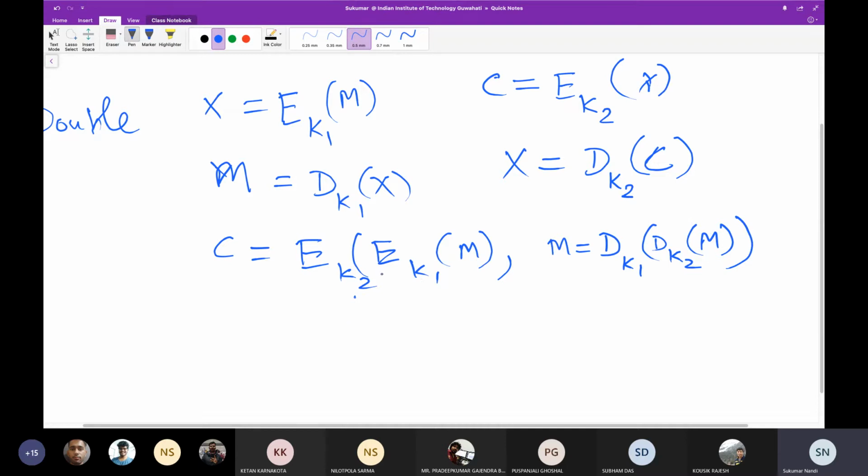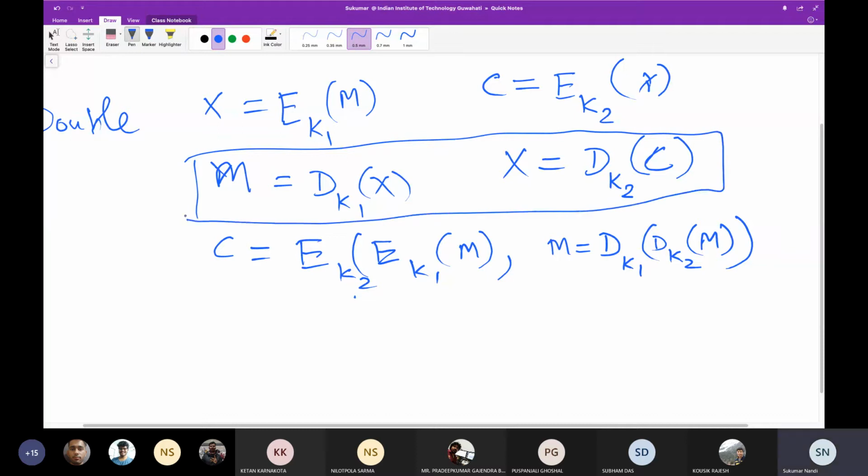But in the true sense, the complexity increases only marginally instead of doubling from 56. Why is this happening? Because of the meet in the middle attack. This is called the meet in the middle attack.